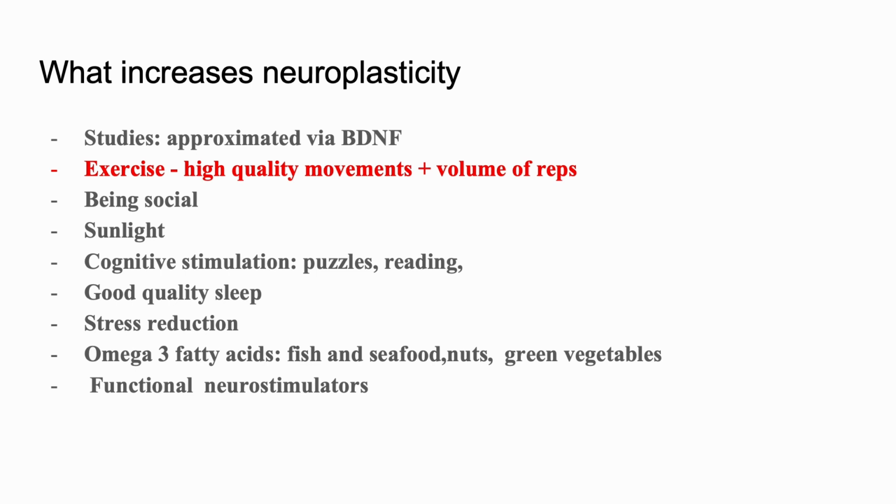So good quality sleep is probably pretty individual. And then things like stress reduction: pretty much if you're in any state that increases your stress levels, try to get out of them or reduce them. Obviously, very much easier said than done, but everyone's at a different stage in how a stroke or any kind of brain damage has disrupted their lives.